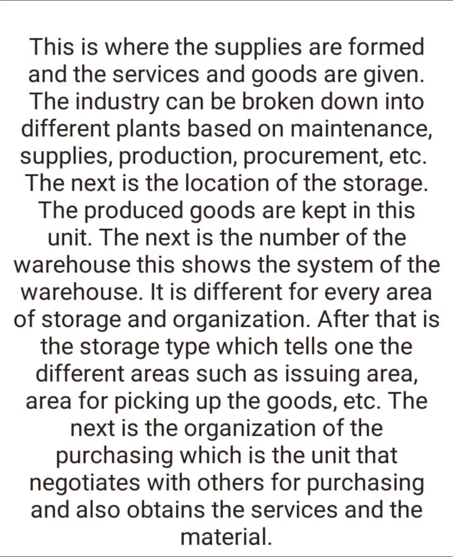The next is the location of the storage. The produced goods are kept in this unit. The next is the number of the warehouse. This shows the system of the warehouse. It is different for every area of storage and organization. After that is the storage type, which tells one the different areas such as issuing area, area for picking up